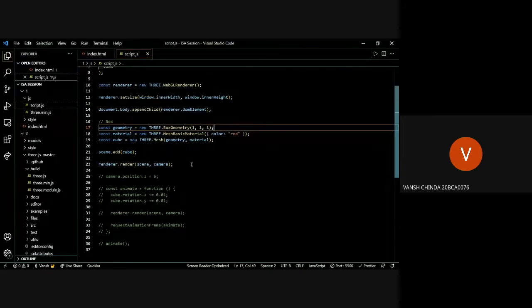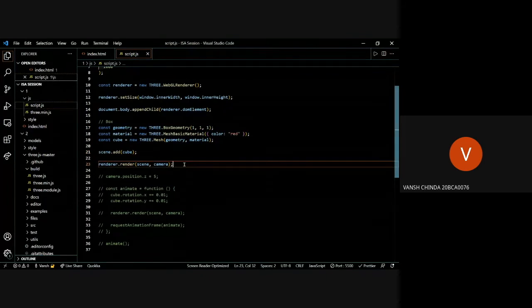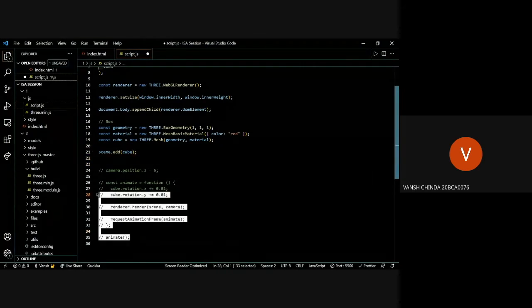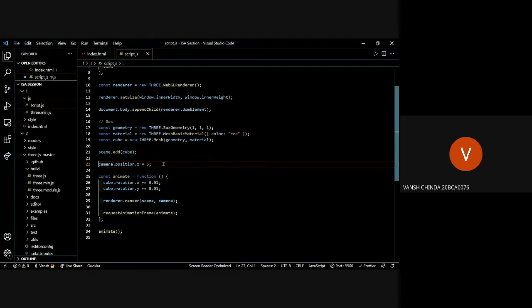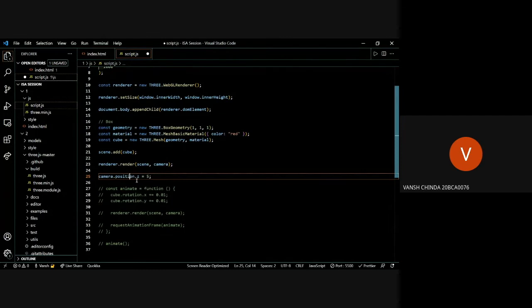Okay, I guess something went wrong. We added the cube and called the render function. I'll just remove this part and explain here. I guess the camera position wasn't set. Yes, so I'll set the camera position.